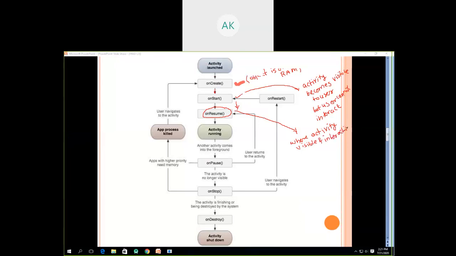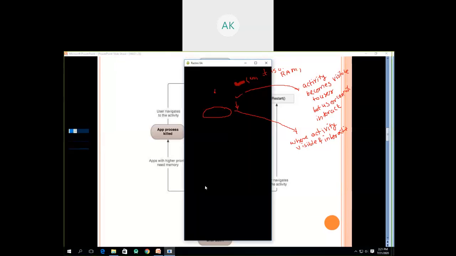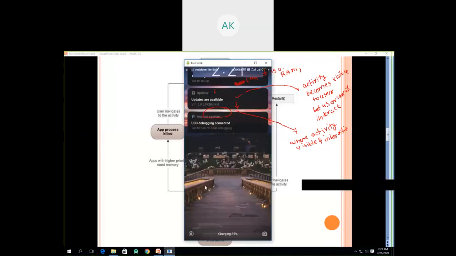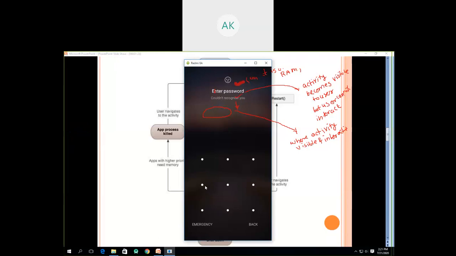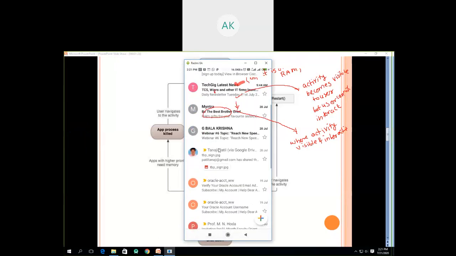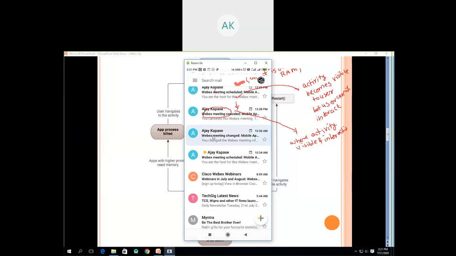Okay, so it means you can click on the activity and interact with the different user controls on that particular activity. For example, suppose this is my device, and I'm able to click on any email.